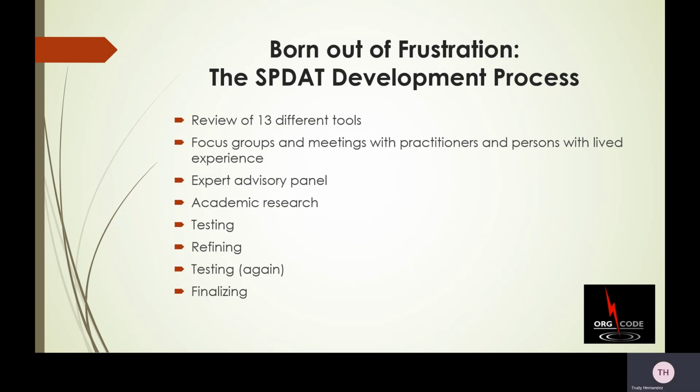So I don't think we can really talk about the VI-SPDAT without talking a little bit about the full SPDAT, which came into fruition first. So the full SPDAT is a full assessment in which frontline staff are able to prioritize clients for housing and services. The goal of the full SPDAT is to improve housing stability outcomes. And the way that the full SPDAT came into being is the creator, who is also the founder of Org Code,